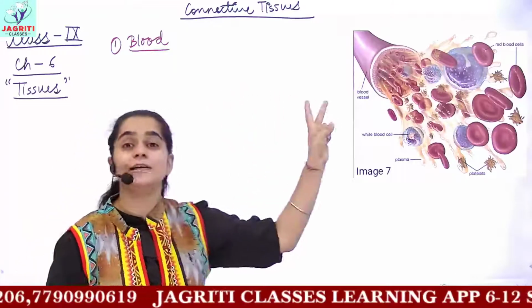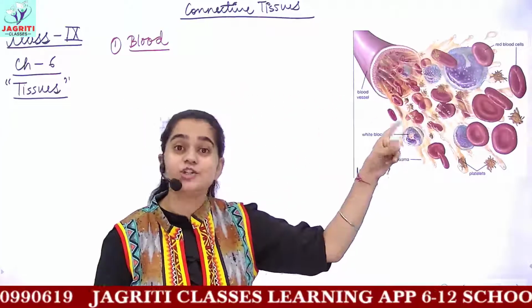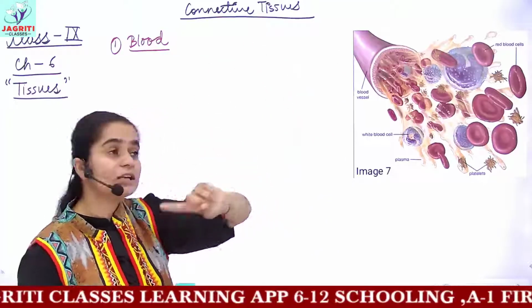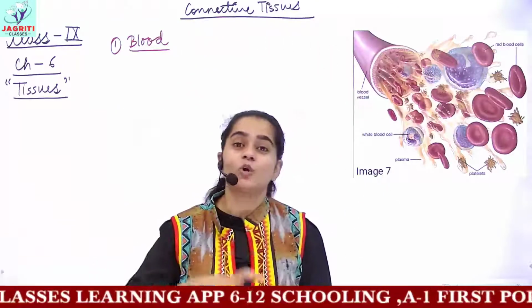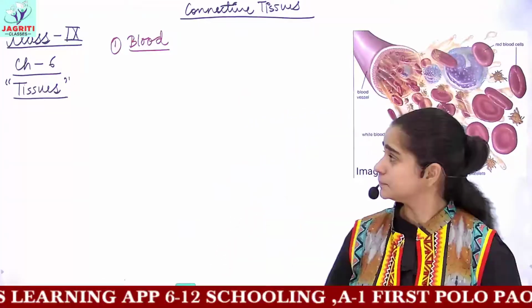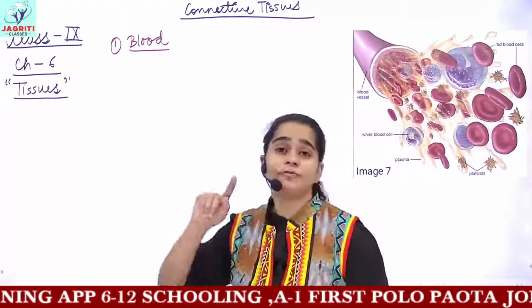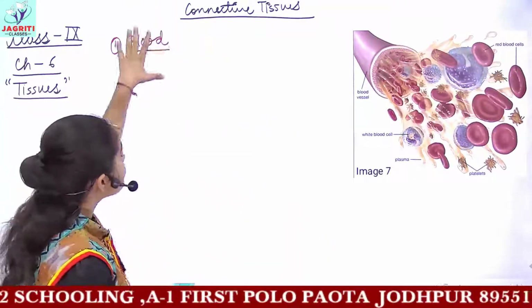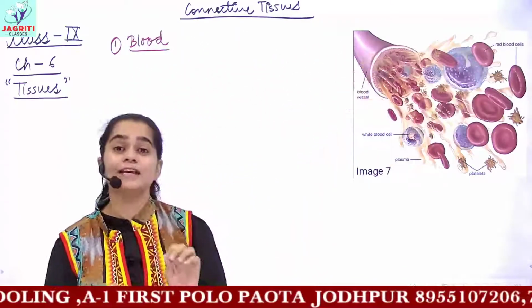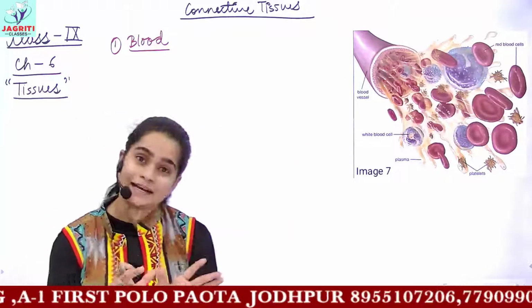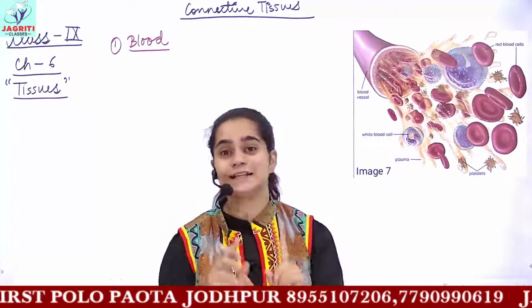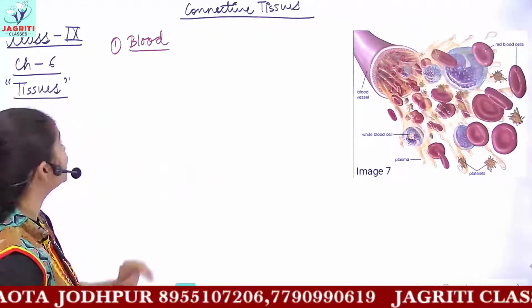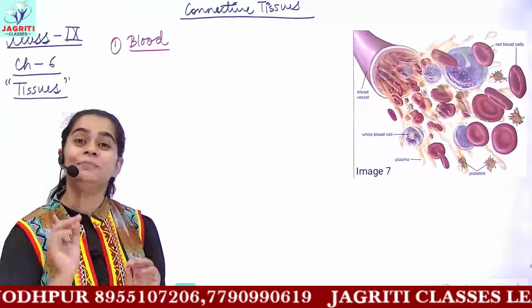So the next category of tissues which we'll study would be connective tissues. And I told you in the previous class about connective tissues, what are their basic structural features. So now we'll be starting with the first connective tissue. And remember, connective tissues are classified into different types which are based on what? Type of matrix. And all this has been discussed in the previous lecture. So we'll be beginning our class today with the first connective tissue, that is blood.